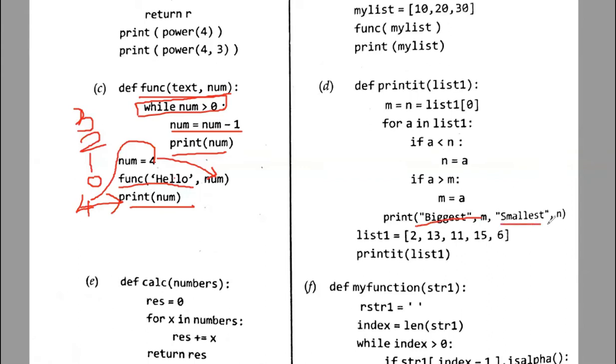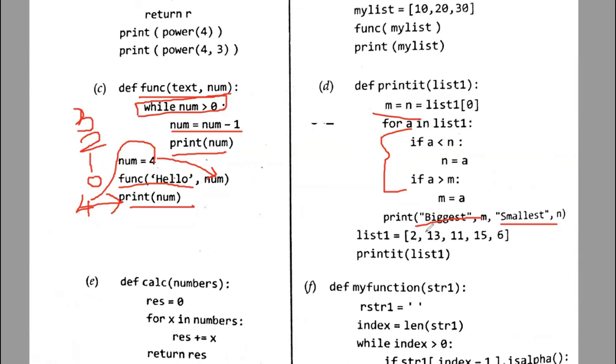Here, what is the biggest value and the smallest value? They are just trying to find out using this. M and N are going to get initialized with the first number. Now, by assuming that M and N are the smallest and the largest number, each and every value from list 1 will be compared with N. The least value will be found out.